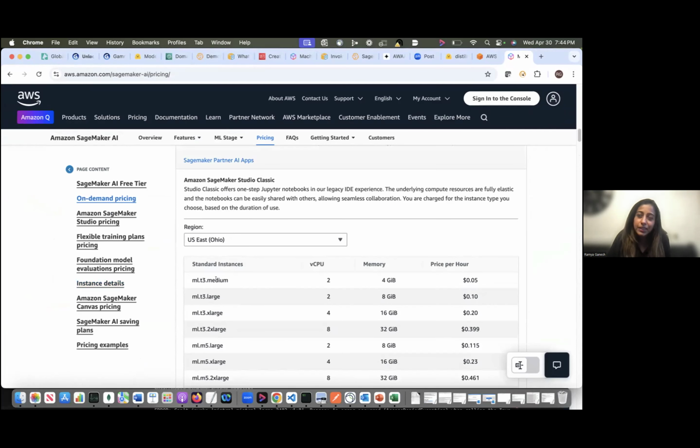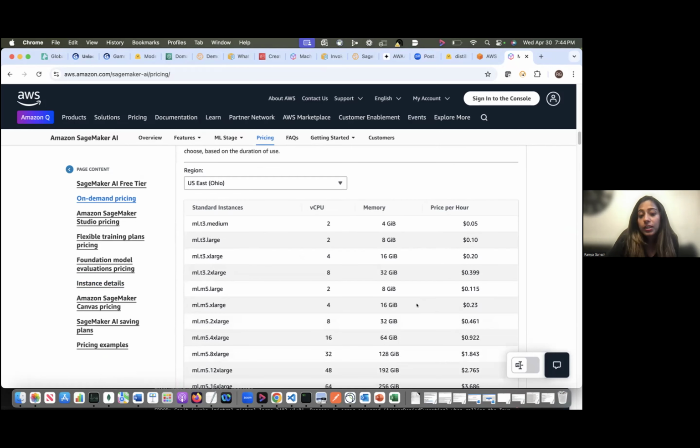So typically, if you just want to experiment with AWS, I would suggest you go with something like chat summarization, where it's just a chatbot model where you can ask a question and it responds with an answer. Those models typically take less space. It can be spun up with a medium instance, and over here it just uses 4 gig of memory, CPU, and it charges 0.5 cents per hour.